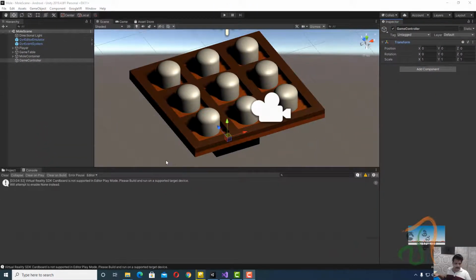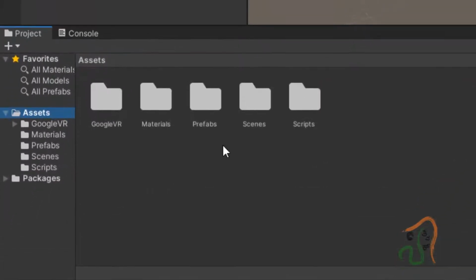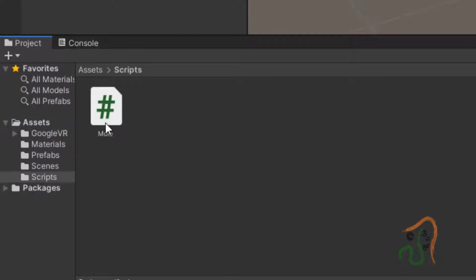Now after we have created the game controller, come to the project window, and in assets, in the scripts folder, we had one script called Mole. We are going to create one more script here.